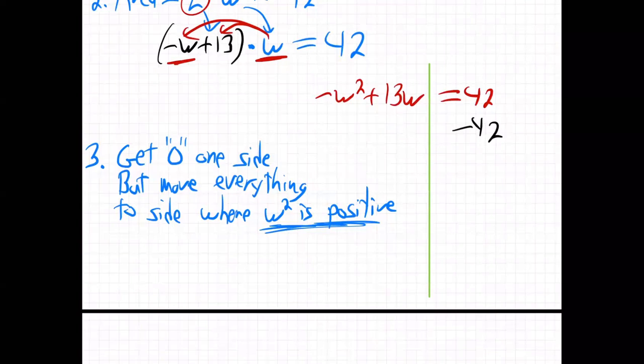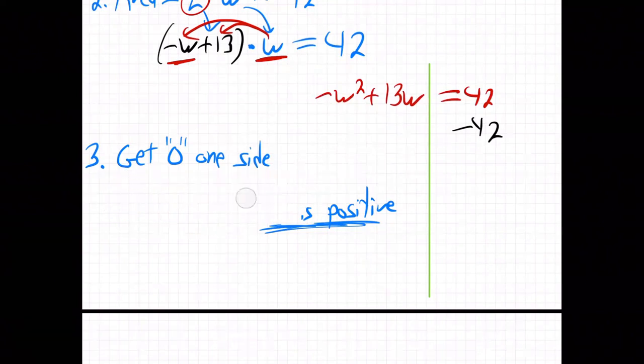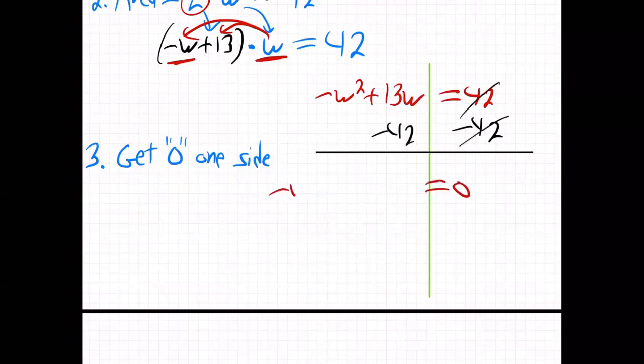Or, well, how about this? Get 0 on one side. Sorry, I just keep changing, I don't know what the easiest way to show you guys is. Let's just do that first, and then I'll handle it a different way. All right, we do that. Boom, boom. This is 0. And this is minus w squared plus 13w minus 42. Here we go. Now, if the front is negative,